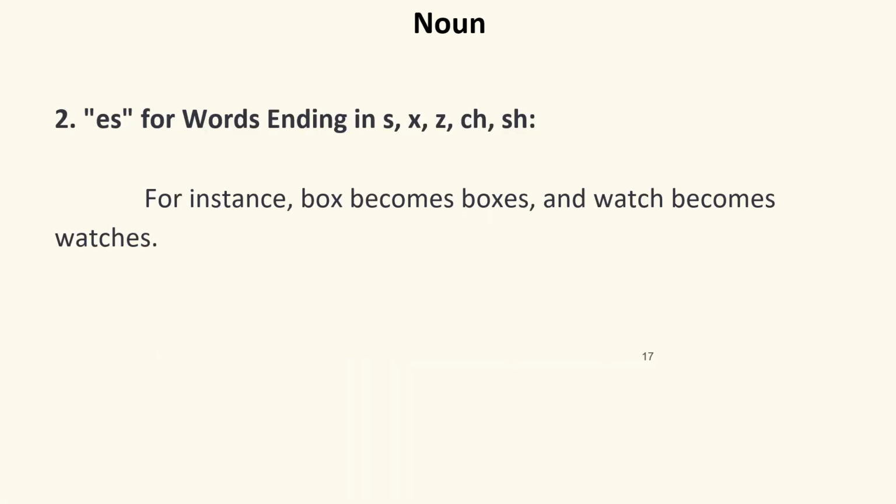There are several other methods as well to convert a singular noun into plural form that we will discuss later on. But you can see this rule. Words ending in s, x, z, ch, sh, o, we can put es with these words and the word converts into plural form. For example, box, this word ends with the letter x and we just put es and the word converts into plural form. Box, boxes, watch, watches, mango, mangoes, then quiz, quizzes, bus, buses. So the words that end with these letters can be converted into plural form by just adding es to them.